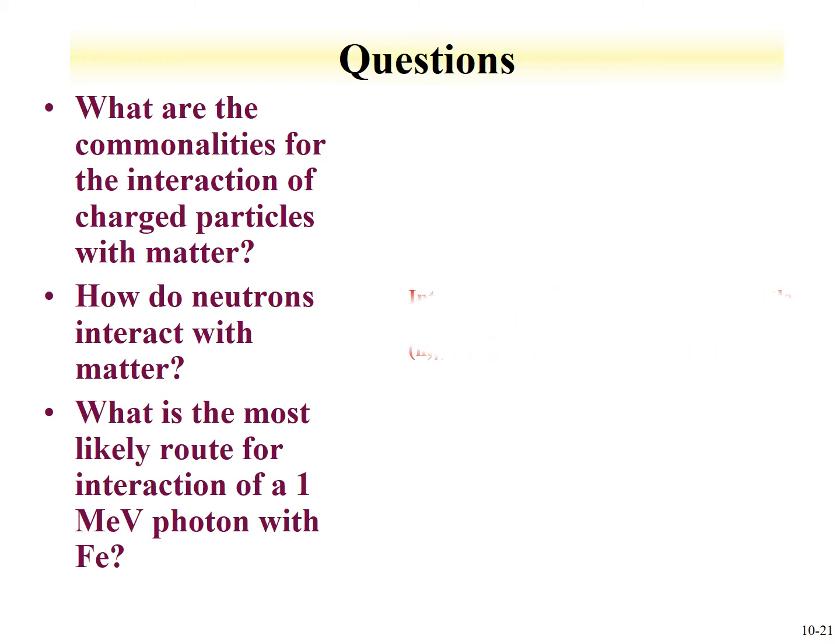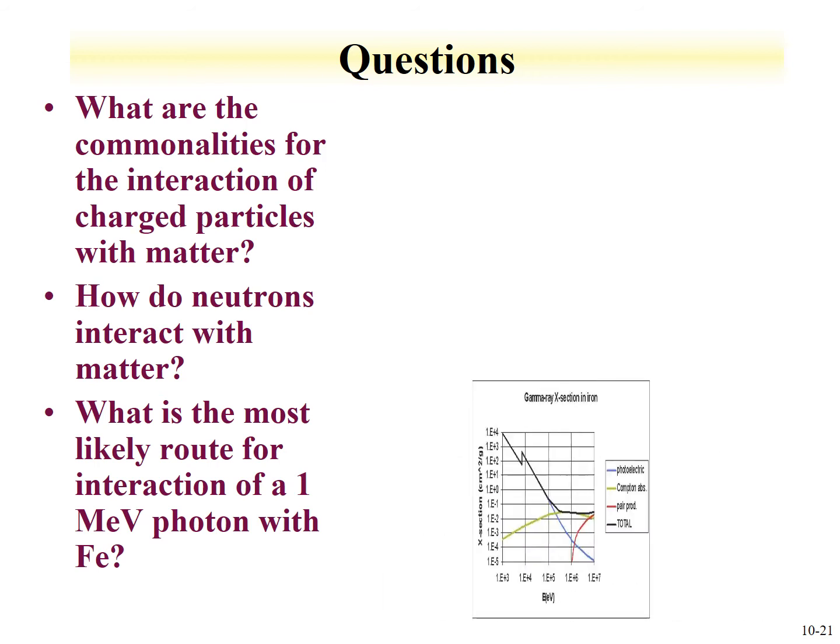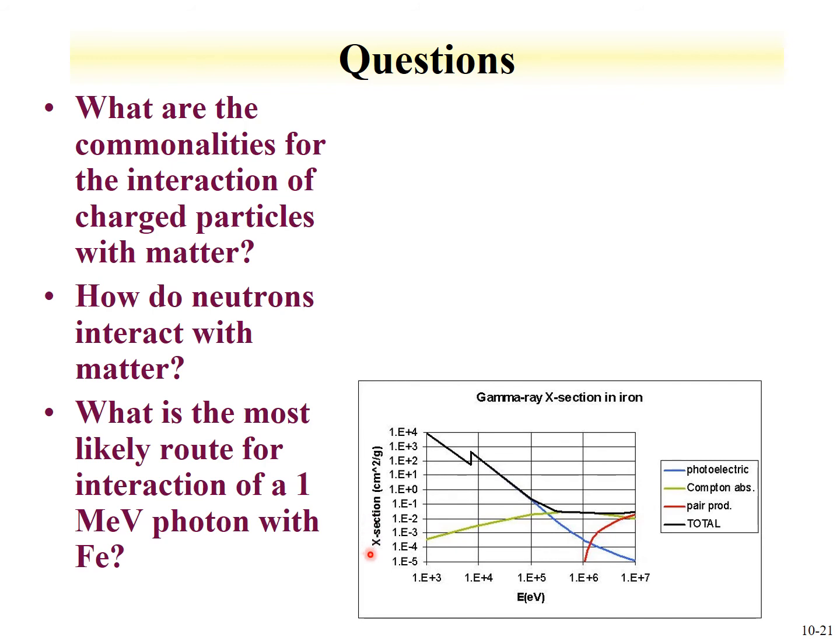Another question you should be able to evaluate: what's the most likely route for the interaction of a 1 MeV photon with iron? You may be given data that look like this, some sort of cross-section as a function of energy for different photon interactions. We know that there's the photoelectric effect, Compton effect, and pair production. We see that here's the total, the black line, and the blue, the photoelectric, is at lower energy. As the energy increases, Compton starts to dominate,